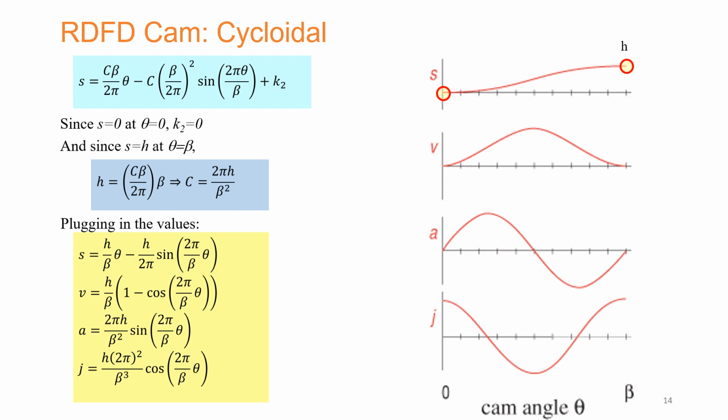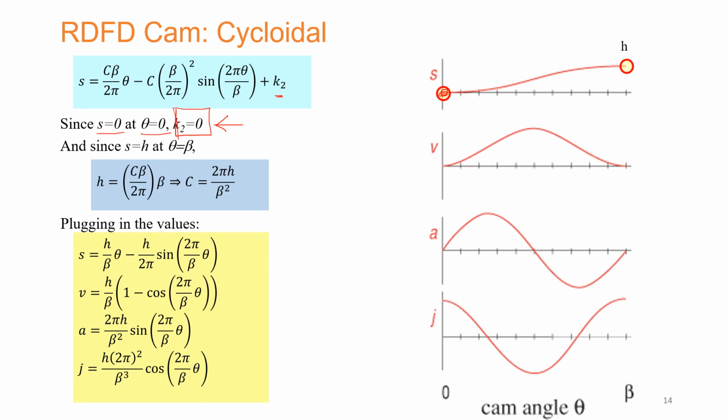And in order to find out the expression K2 evaluated, you can see that S is equal to 0 at theta equal to 0. So this is this condition right over here. When you plug in these values, K2 turns out to be equal to 0. So you have found out this expression